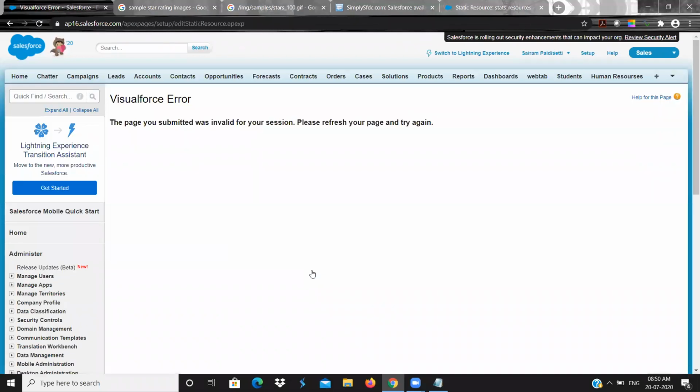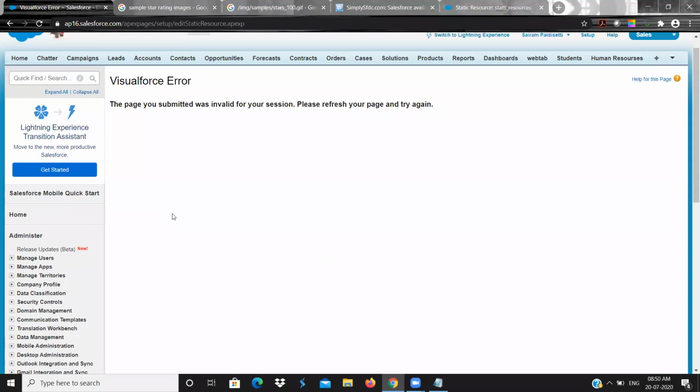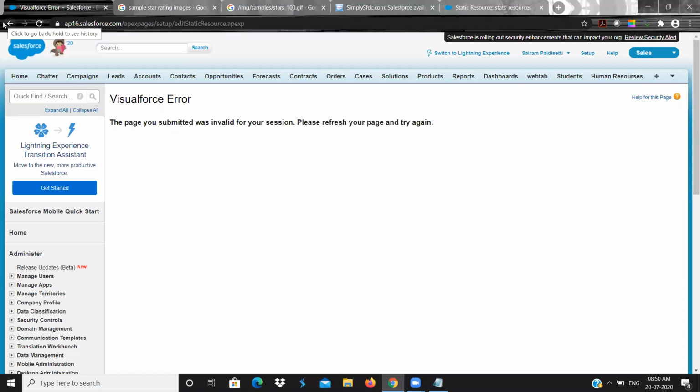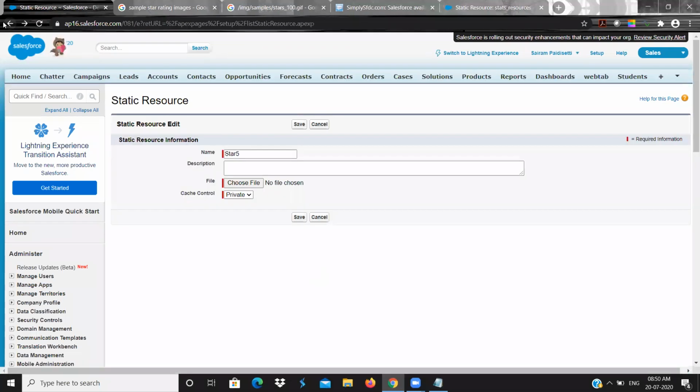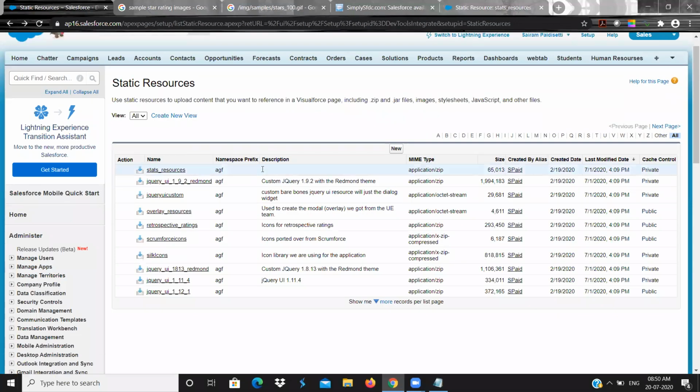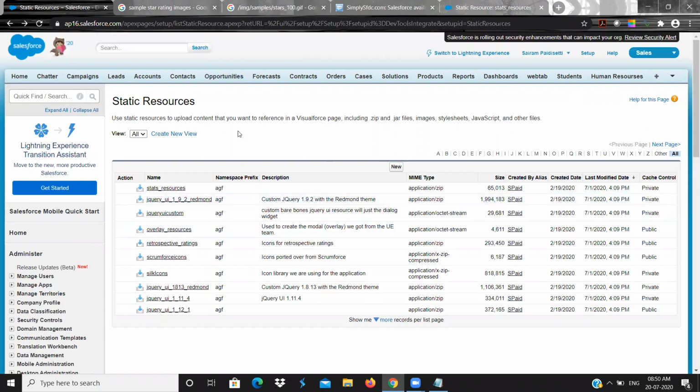Guys, let us not waste the time. I will download the static resource tomorrow, and I will show you how to use it, because I'm not able to find the proper file. Normally, in companies they will buy the files from AppExchange, or they will get the files from AppExchange. So I will find it tomorrow, and I will show you how to do it in the formula.